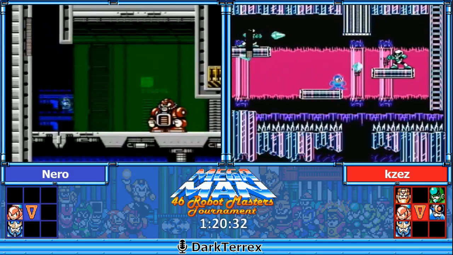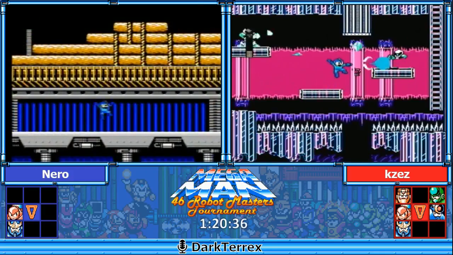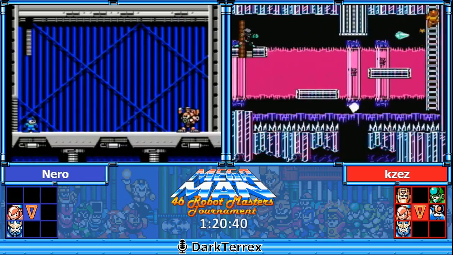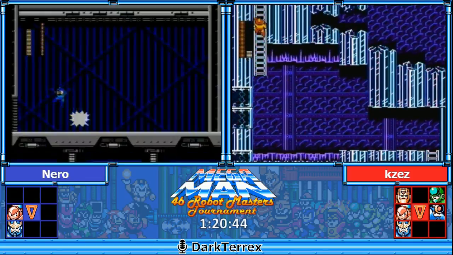Looks like kzez is opting just to kill the Crystal Joe, and make sure that he gets through the stage in any way he can, and then use the Star Crash to continue. Not a bad way to...